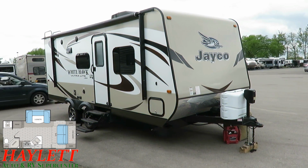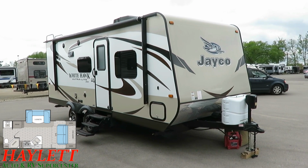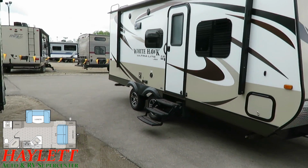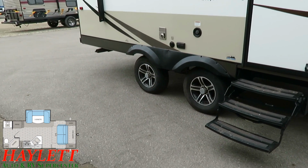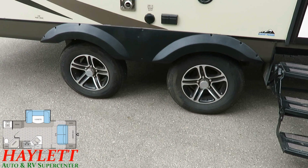Now, the outside of this little critter looks fantastic, but before we get there, the short length and the tandem axles are nice for towing. But even better, if you've got a very short wheelbase vehicle like the previous owners did with their Jeep, that's when you're really going to love the wide stance stability axles you get right here, because they help you cheat